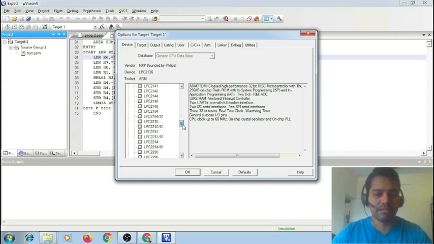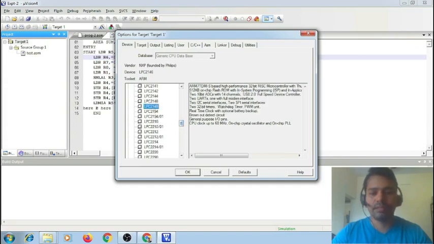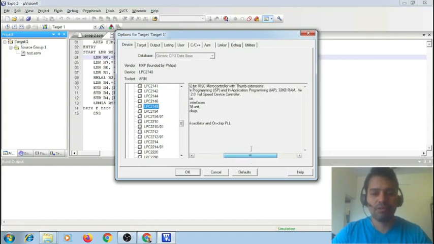So we have selected LPC2148, which has got these specifications, and most importantly it has got 512 KB of on-chip flash ROM and has also got 32 kilobytes of internal RAM.